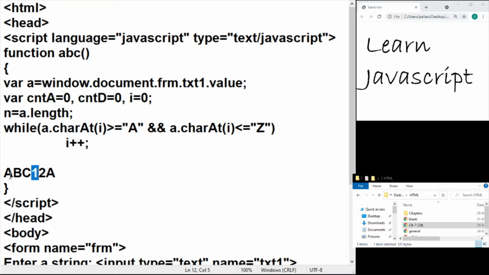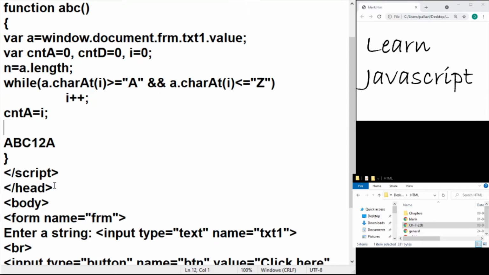Now, what is the position? 0, 1, 2, 3. So the digit character is starting at 3. And what does 3 indicate? That there are 3 alphabetic characters before the non-alphabetic character. So that is what I will straight away store in A. That is the value of I. Right, so now from the third position, I'm going to start. So this is 3, 4. And when I reach position 5, I would have come across a non-digit character.